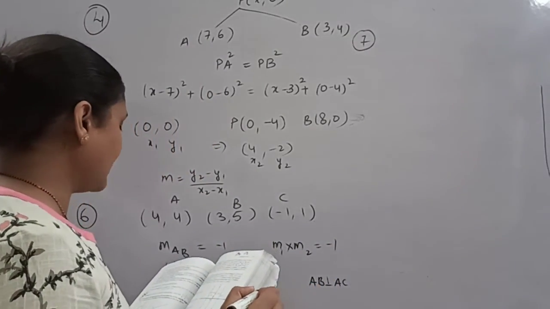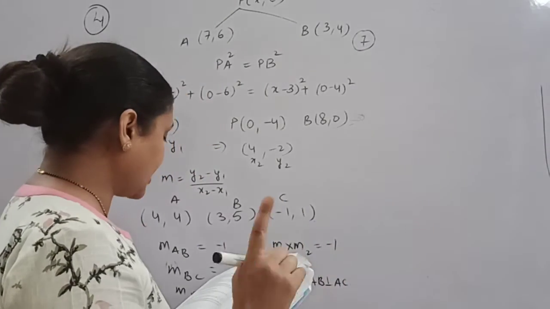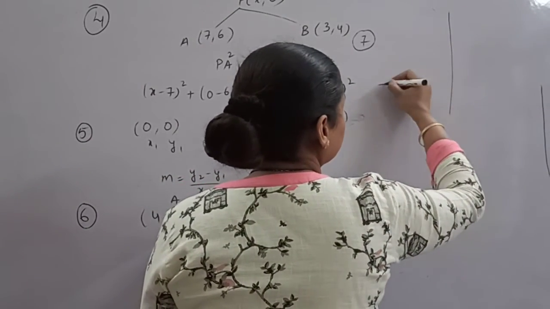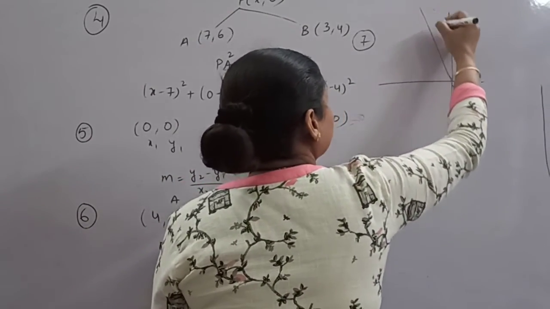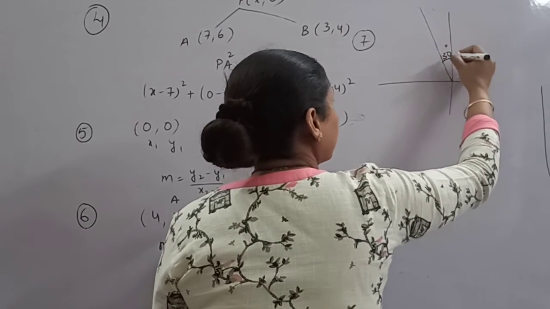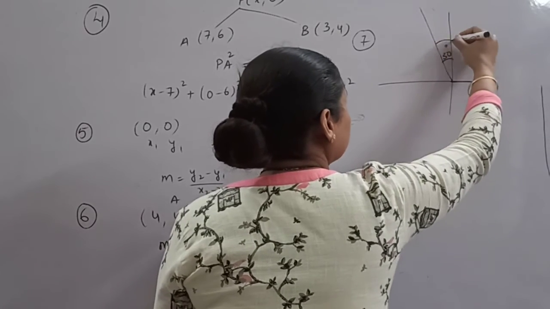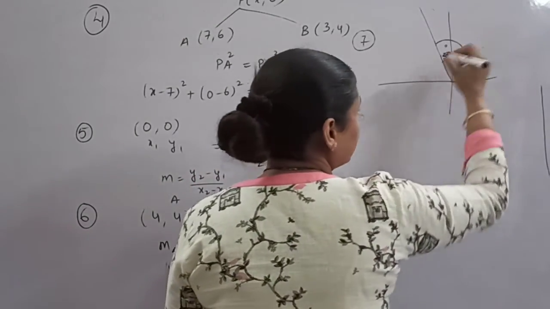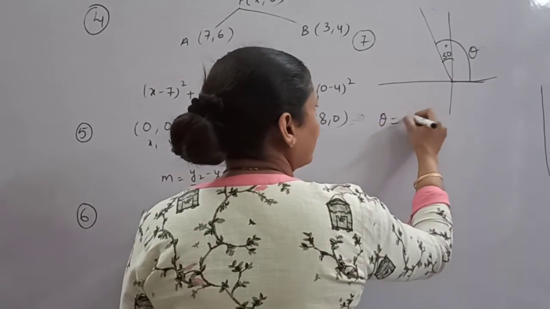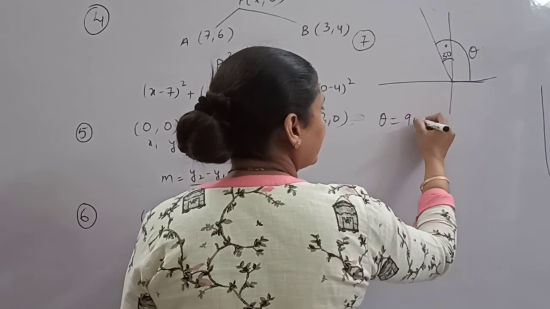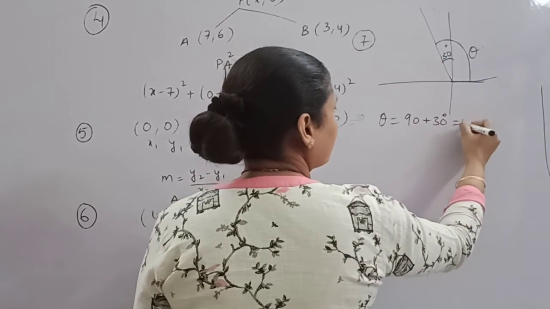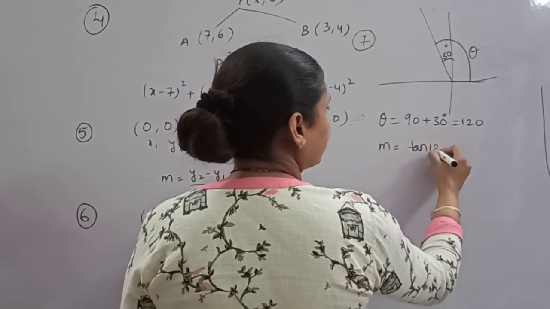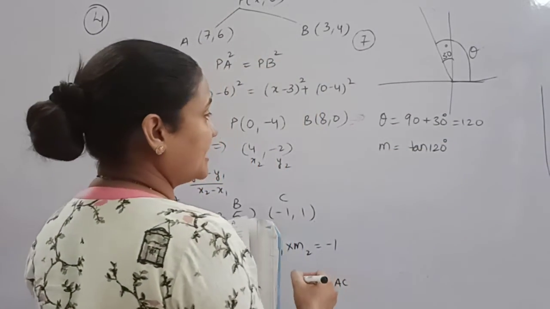Find the slope of the line which makes an angle of 30 degree with the positive direction of the y-axis. See, this is making a 30 degree angle with the y-axis, but what did I tell you about the angle of inclination? It is with the x-axis. So this is the theta. So theta will be equal to how much, 90 + 30, that is equal to 120. And I have to find the slope, that is tan 120 degree, and this we have studied in trigonometry.